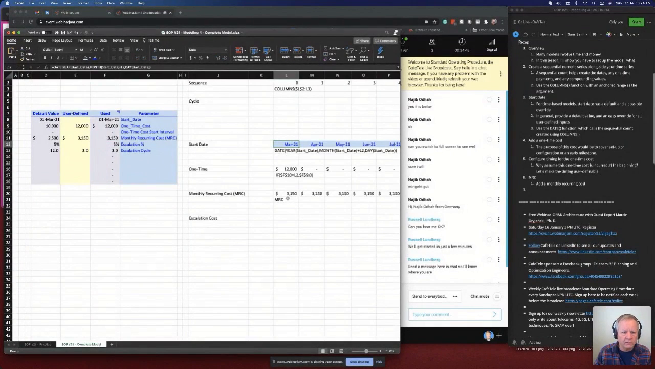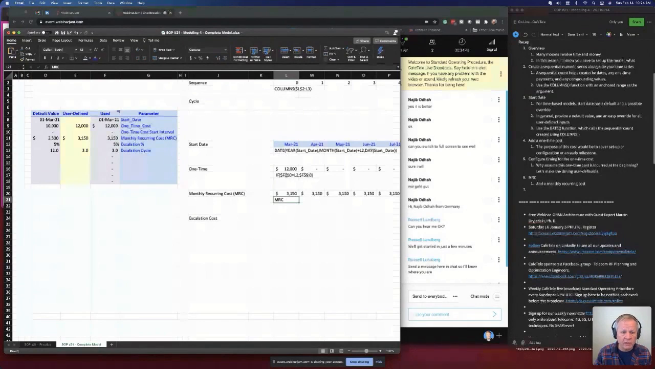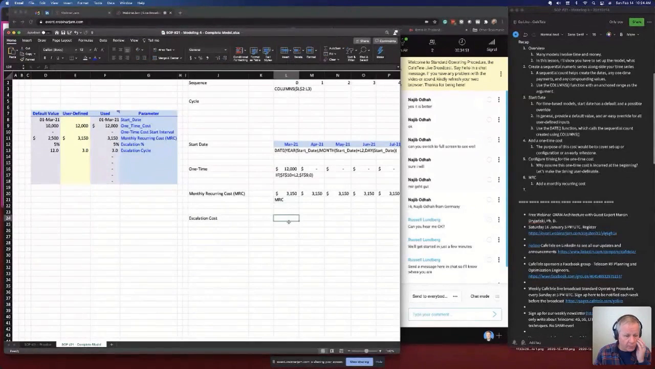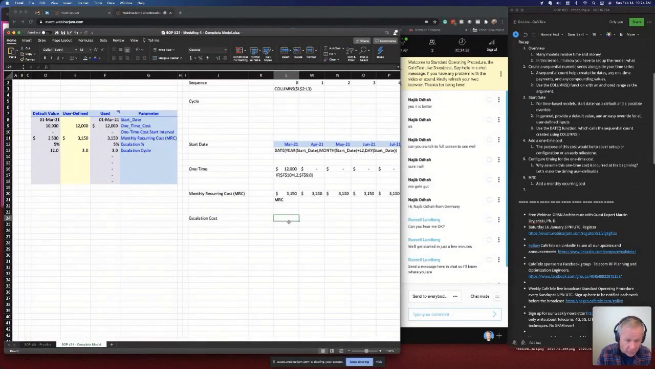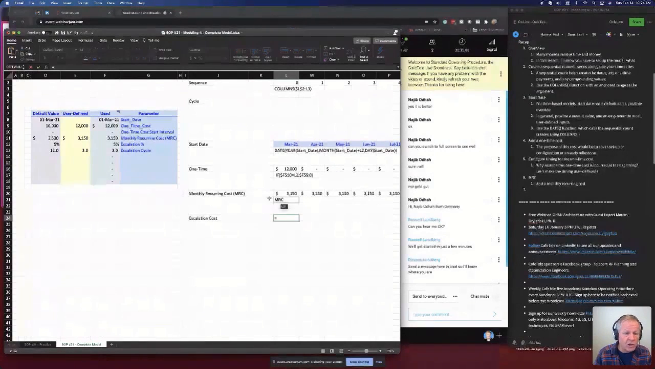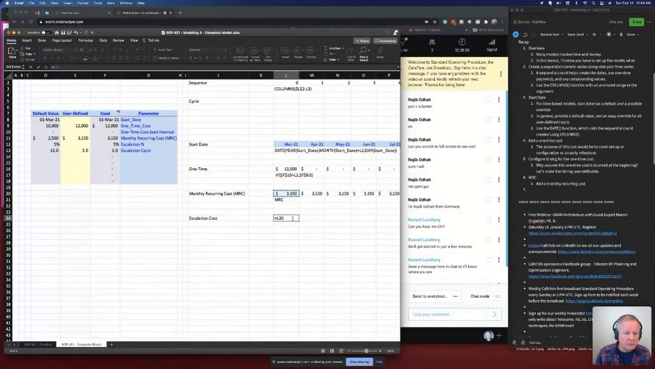Right here, this is just MRC, right? This will be a good example because it's a fairly complex formula. Using named ranges makes it much easier to read what you're doing. So the escalation cost is just going to be the monthly recurring cost. I prefer the month so you can read it, is the MRC